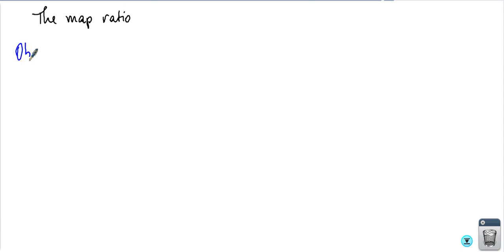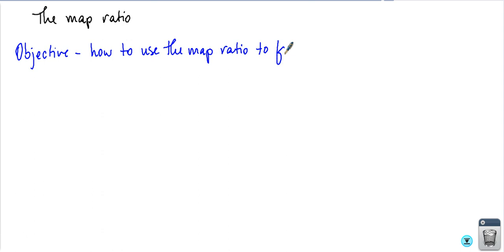And today's objective is that we're going to learn how to use the map ratio to find the distances in real life. It is very similar to what we have done in our last lesson, but this time, instead of finding the map distance, we're going to find the real life distance. So I'm going to start immediately by writing down an example, and then I'll explain using that example. So, for example,